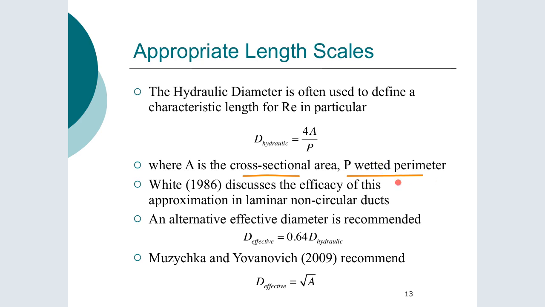Now, what is found is that it actually doesn't work the best, and the criteria for it to be assessed is, if you take any arbitrary shape and you use this as a length scale, well, then if we're doing the Poiseuille number, so if we do a friction factor times the Reynolds number, we should have a constant. Then all those constants should be the same. And what you'll find is that if you look up the literature for a Reynolds number for different shape channels, you have different constants. So just to kind of explain it a bit, if I swap over to a blank slide,